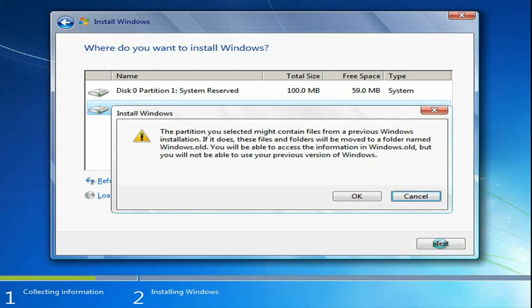And when you click next, this message will appear. The partition you selected might contain files from a previous version of Windows installation. If it does, these files and folders will be moved into a folder named Windows.old, which like I said before, it will be moved into there. You will be able to access the information in Windows.old, but you will not be able to use your previous version of Windows. So you can't use your previous version of Windows once you install